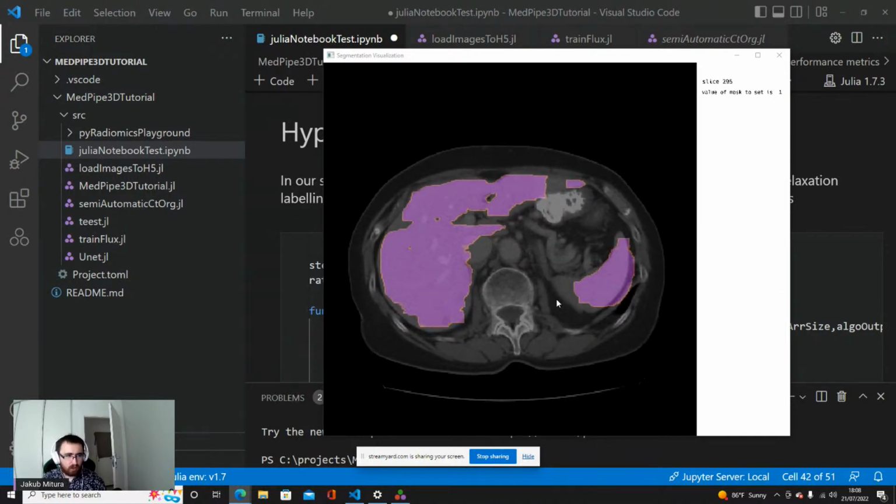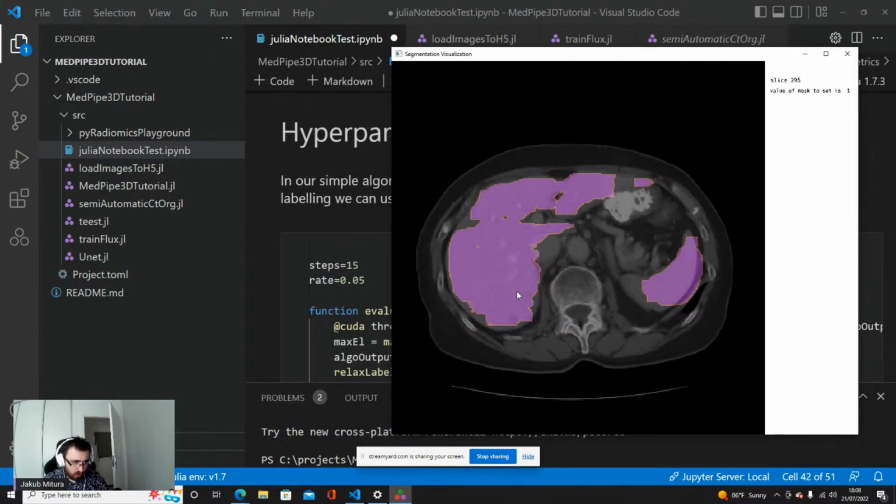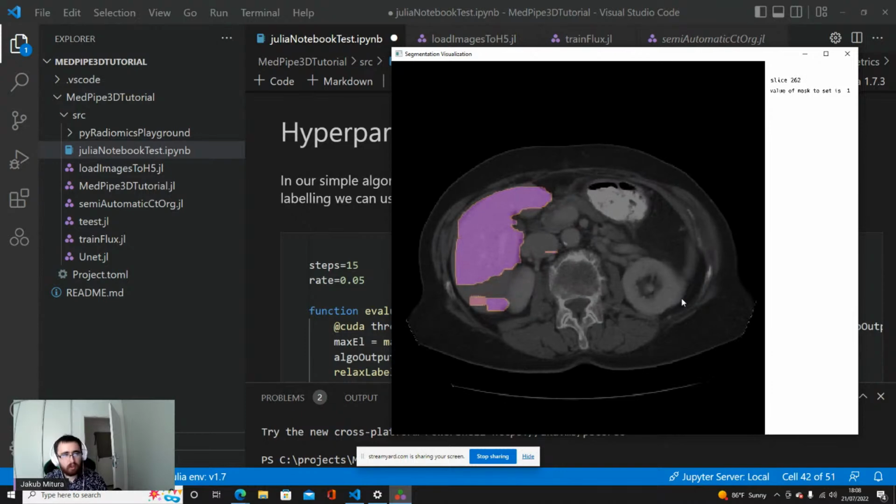Yes, so as you've seen, this algorithm was done from the very basics without any magic, let's say, and there are a lot of things that we can do better. But one of the simplest things is just to tweak the parameters. I suppose that whether you started from the liver or from the spleen, your image can be similar to it.